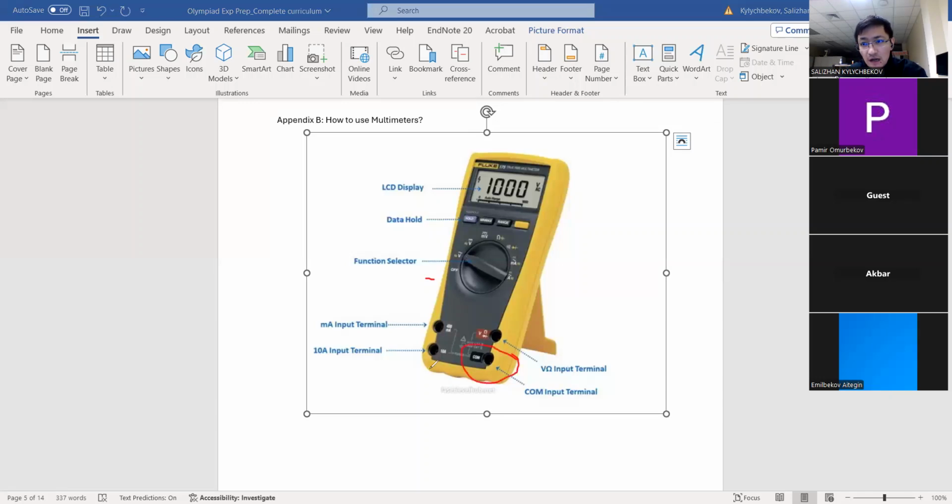If you are reading a huge current, up to 10 amps, you will use this terminal. If you are using small currents, let's say the range you want to read is up to, let's say, 27 milliamps, then you should definitely use this one instead of this one, because this will